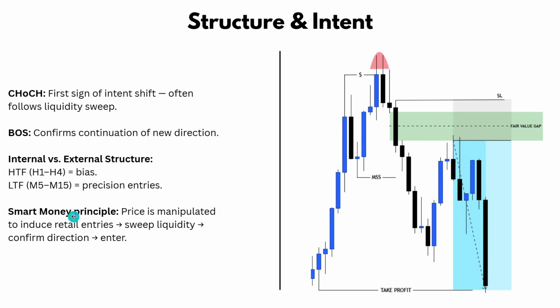Now let's go for this smart money principle, right? Price is manipulated to induce retail entries. A sweep of liquidity confirms direction. Boom, we enter, right? First we get that liquidity sweep, a displacement lower,